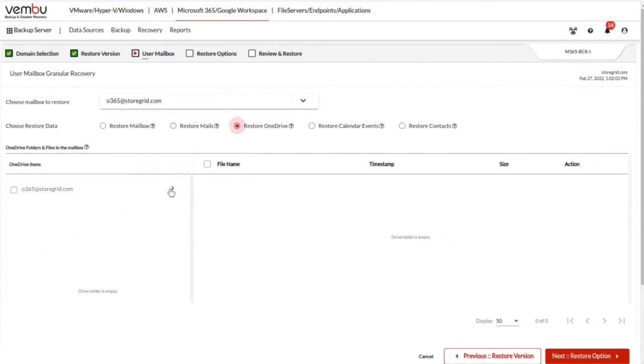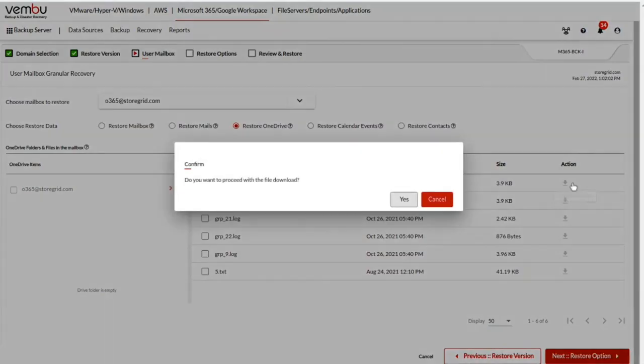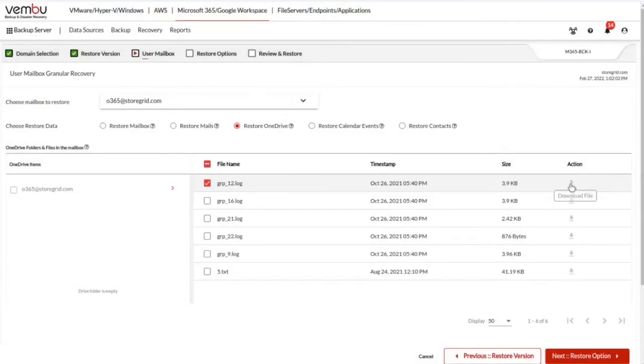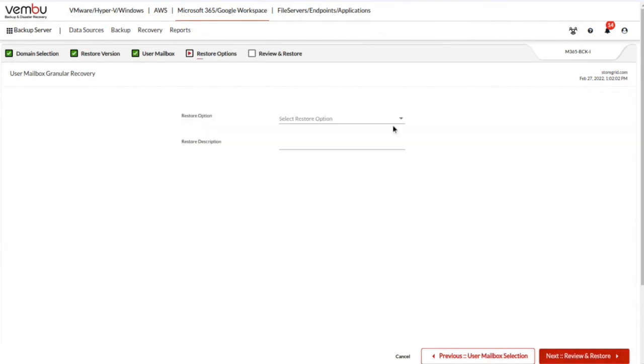For OneDrive, if you have any subfolders, even those subfolders' details will be shown, and you can restore that data from the download file section action here itself. Okay, or even that can be done. And for these mailboxes, if you choose any particular mailbox and proceed to restore, you can even download it in a PST format. So this downloaded PST format can be